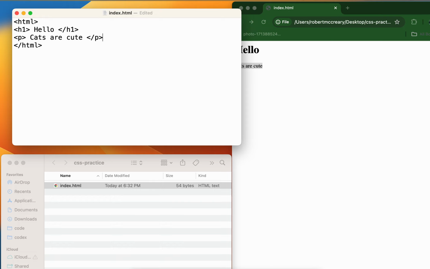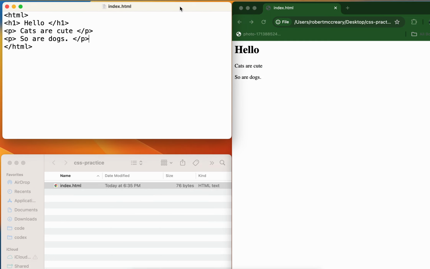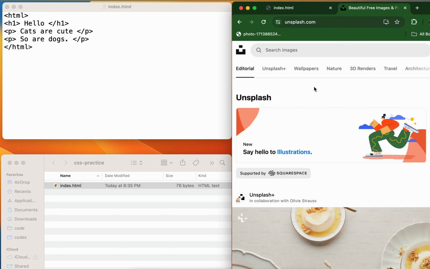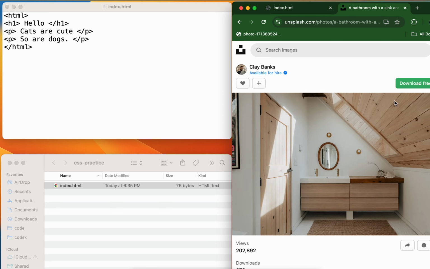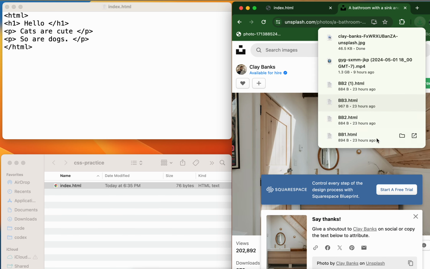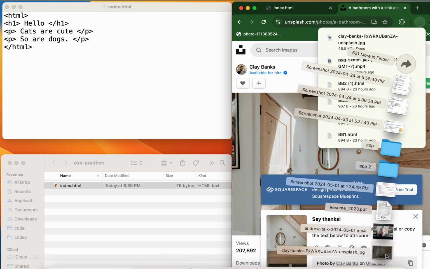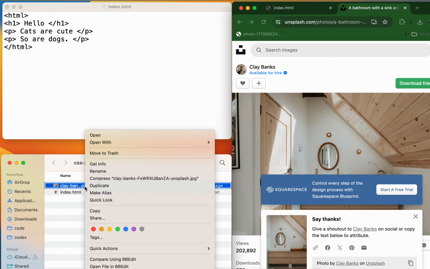Cats are cute, so are dogs. And I do Command S to save, go over here to reload, and then it's kind of like Glitch. You have something on the right and something on the left here, and I have my files down here. So if I do an Unsplash, I can get my image. Maybe I'm gonna get like a mirror here or something, and I'm gonna do download for free, download the small one. I can pull it in and name it